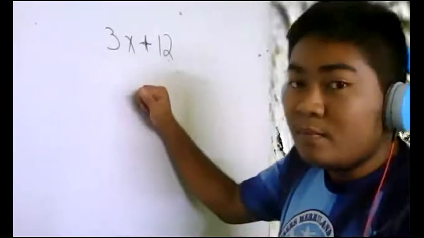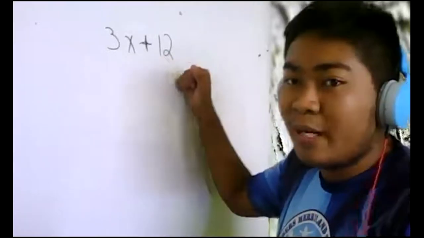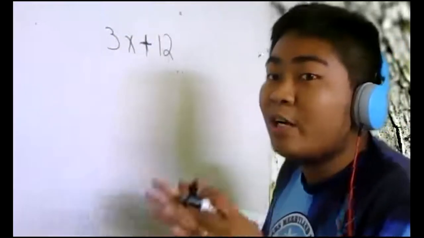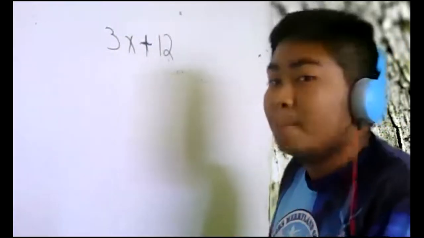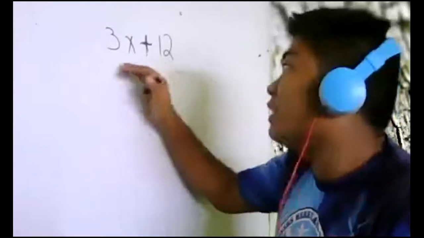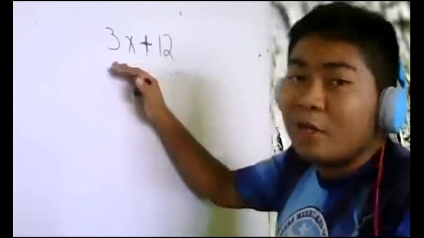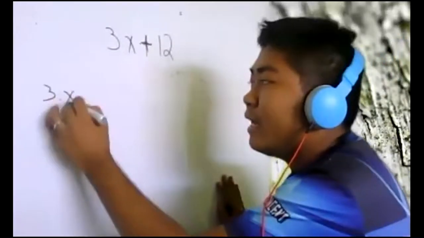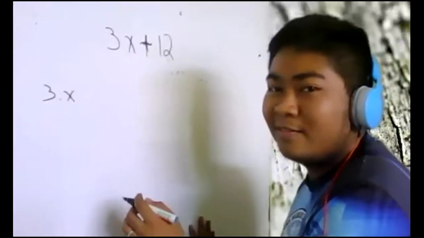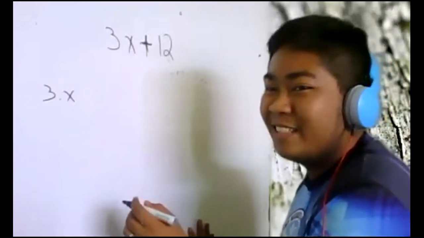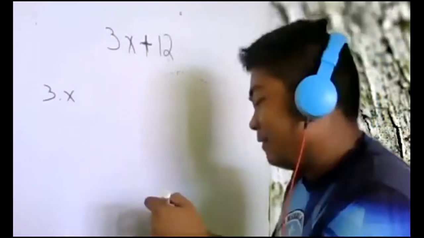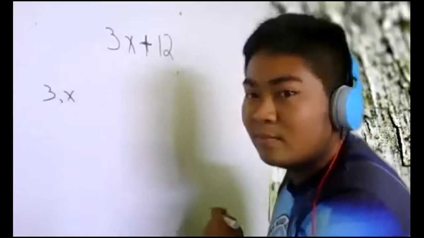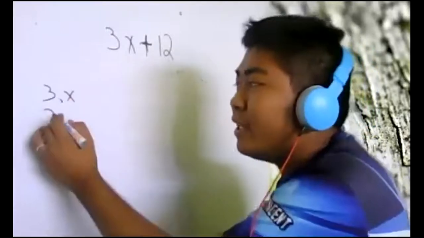Ayan. So, 3x plus 12. So, each term, ang sabi niya doon, factor out. So, paano magiging factor out natin dito sa 3x plus 12? Get the factor muna of 3x. So, 3 times x. Ayan. And then si 12 naman. So sa 12, pwedeng 3 times